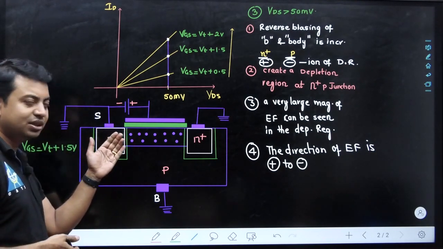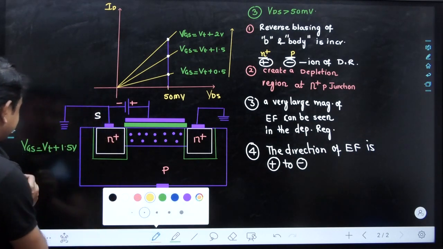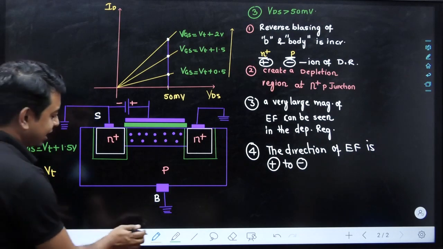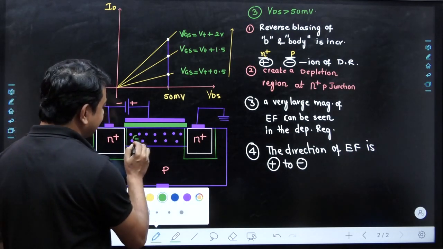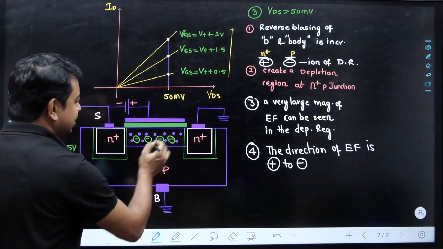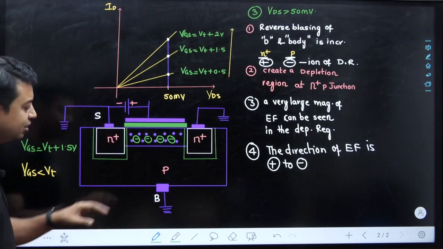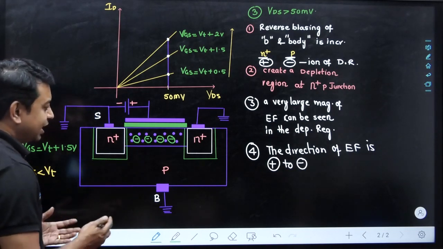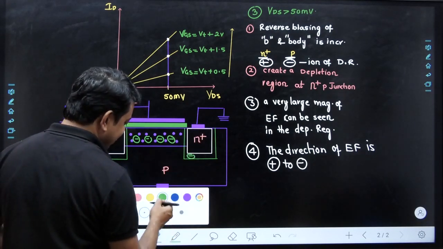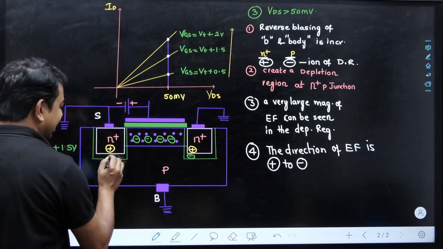And inside this particular depletion region, I already told that if the VGS voltage is less than the threshold voltage, then theoretically we are assuming that we have some amount of negative ions present. And if we increase the voltage above this threshold voltage, then the electrons will pile up on this particular surface of the semiconductor. And we know that here also we have the negative ions, and inside this N plus region, since it is a depletion region, we have positive ions. And here also we have positive and negative.